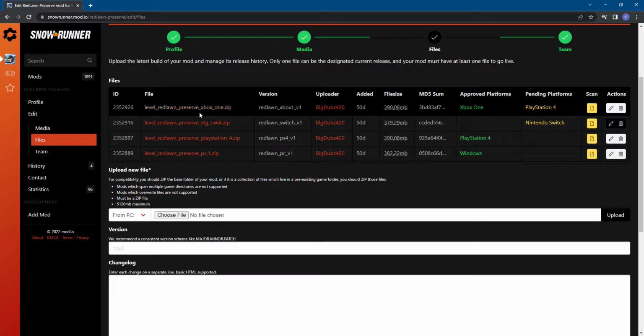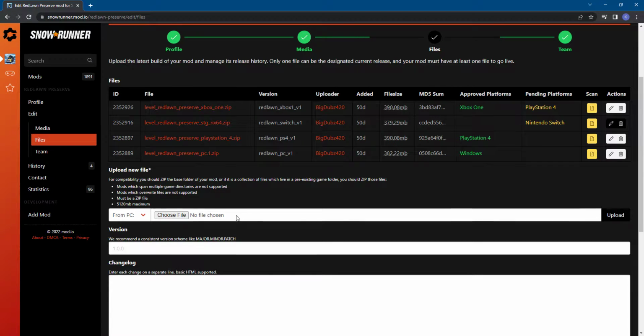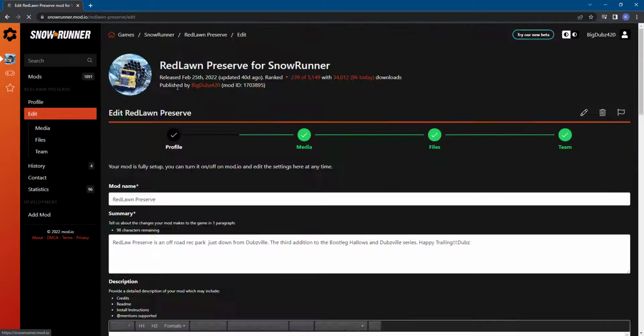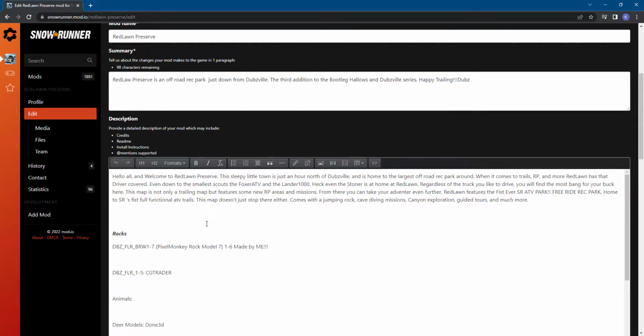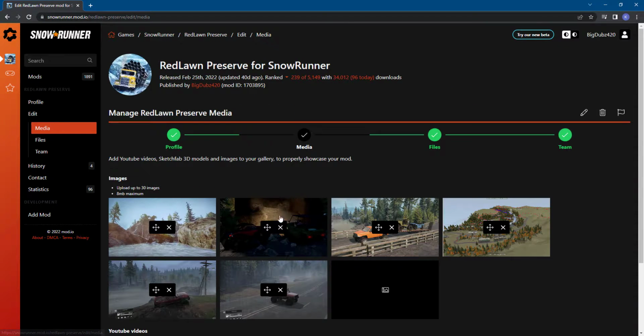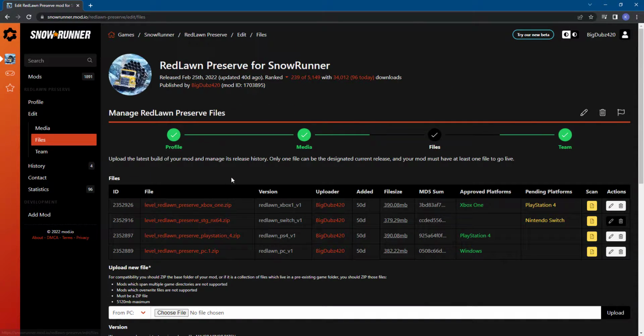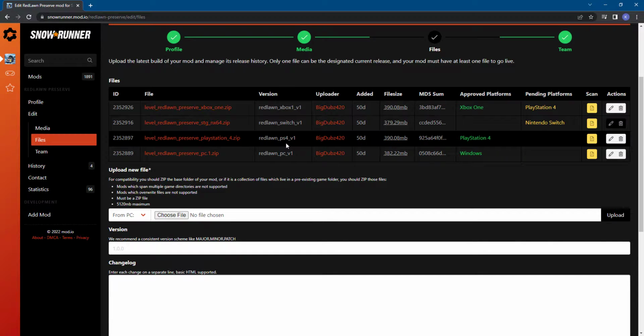As you can see, I've uploaded several of these already. These are all the pack files for all the platforms. So this is where you would get through. You would start out on this page. Sorry for my dogs again. You'd fill out all your information, media, files. Alright. In your files, this is where you would choose